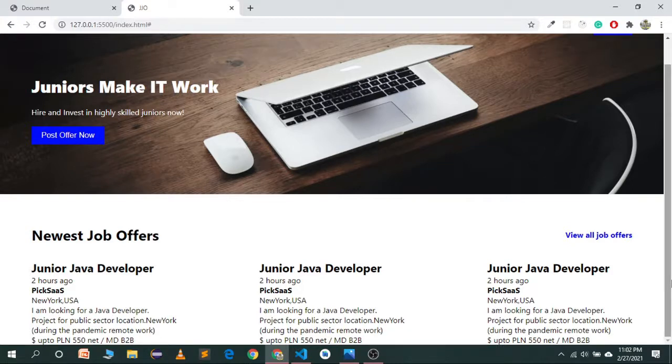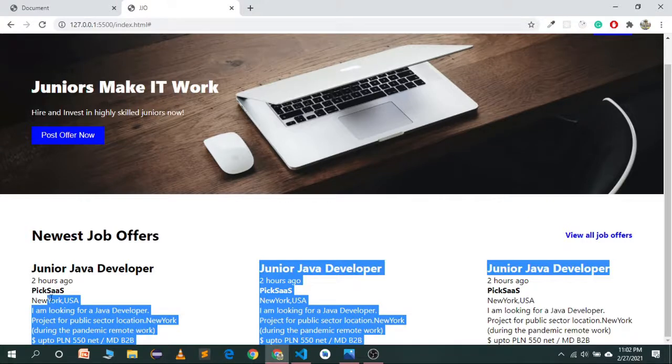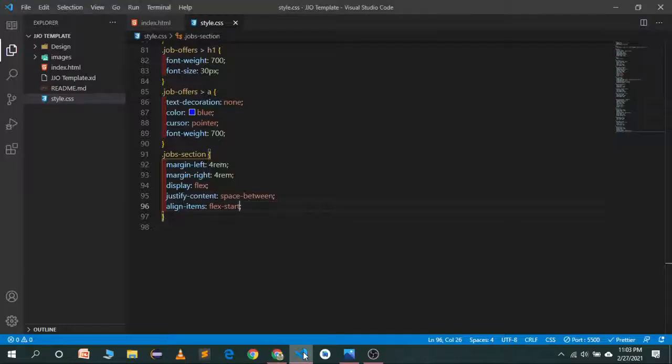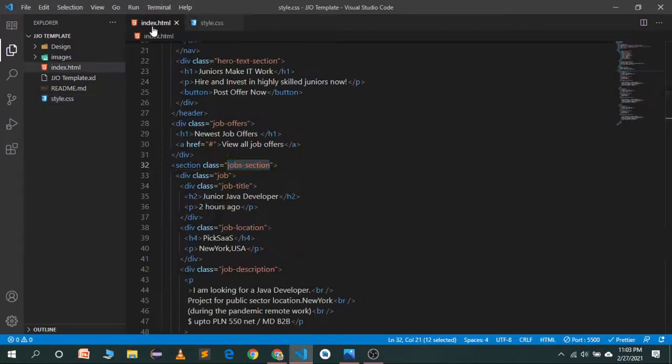So let's style this. We want the junior Java developer and this 2 hours ago text in the same line, and the same for this location, and we want a space between the location and the description. So let's go to our code editor, and in the job section we have a job.